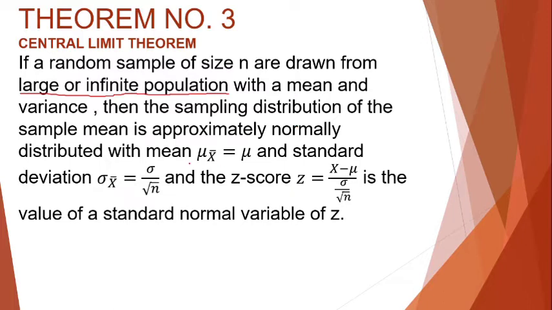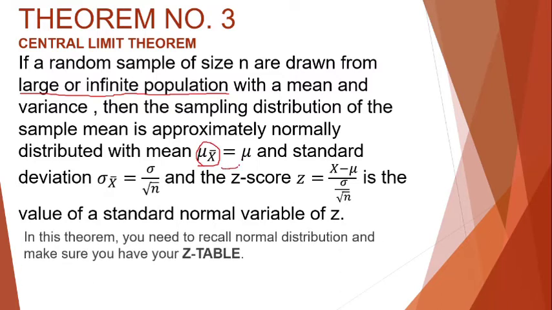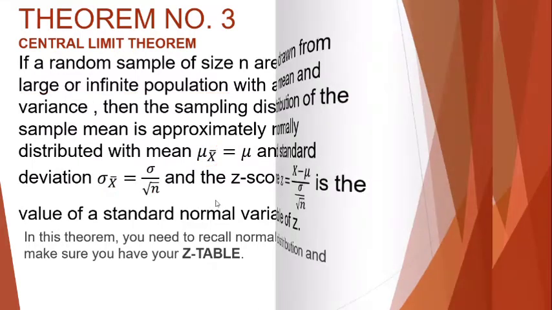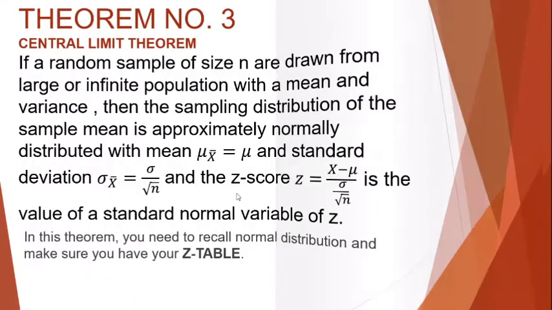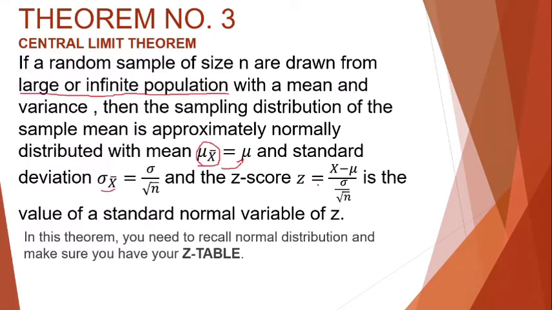The mean of the sampling distribution of the sample mean is equal to the population mean, and the standard deviation of the sample mean is equal to the population standard deviation all over the square root of the sample size. And the z-score is z equals x minus the mean all over